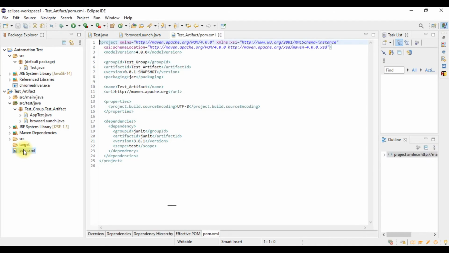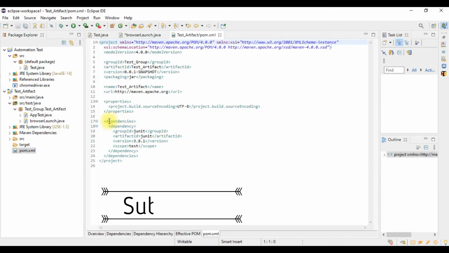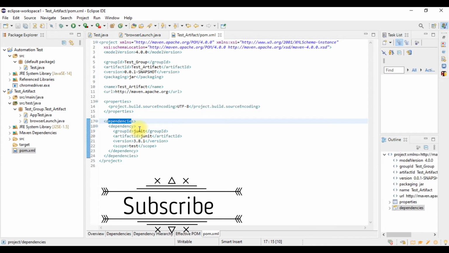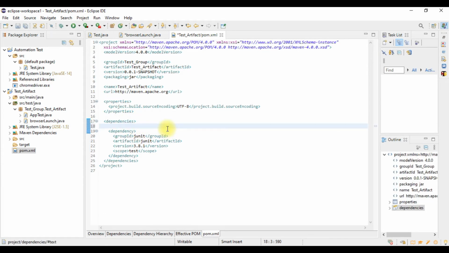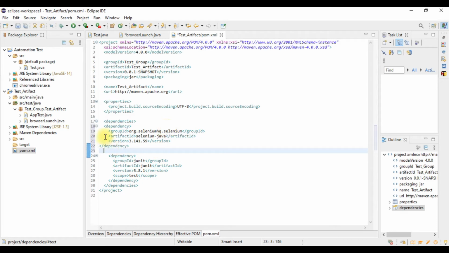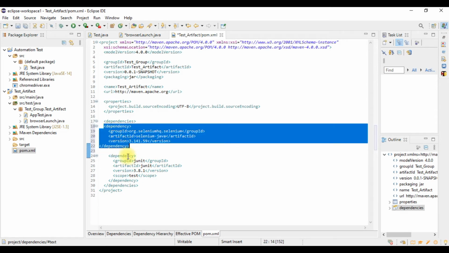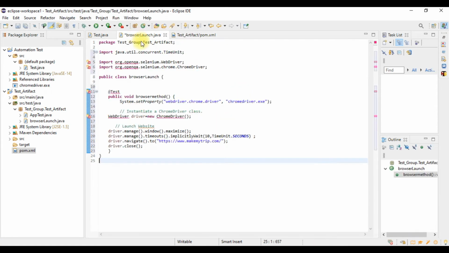Here we have to paste that dependency under this dependencies tag, right? So after this dependencies tag, we will paste our dependency. So right, this is our dependency. I have pasted it here, and when we click on save, we can see that these errors are gone automatically.